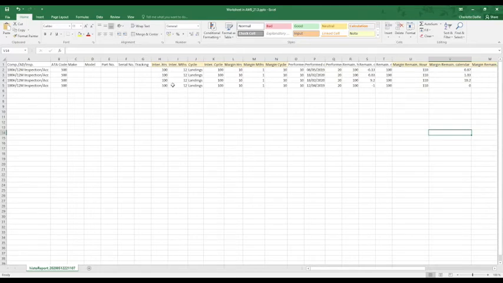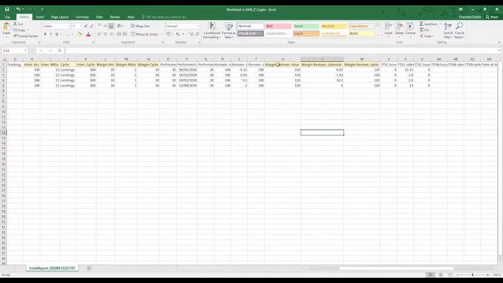As you can see, we removed all the HMC that were written inside the result, which was a little annoying when you wanted to filter or to sort by date or by remaining hours. So now you can do it directly without any manipulation. And we added the margin remaining hours, calendar and cycle inside this table. I know that some of you are using it a lot, so I hope you will enjoy that too.